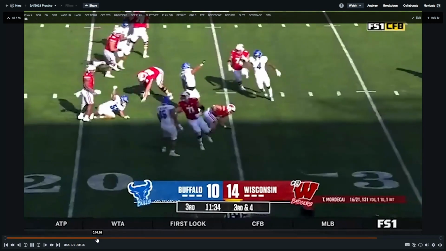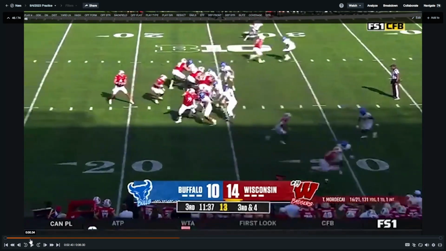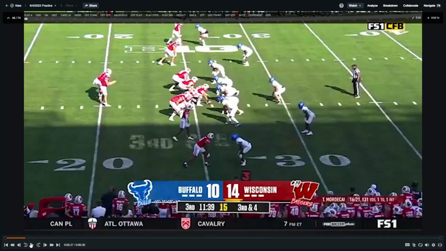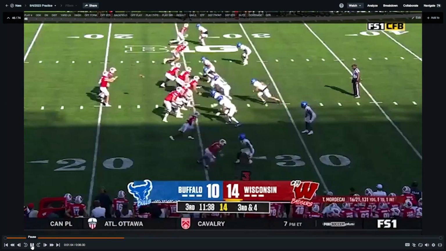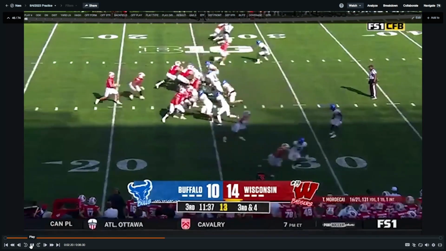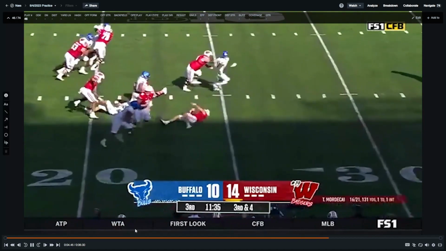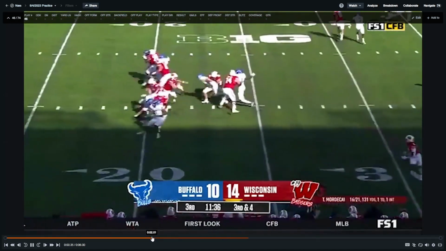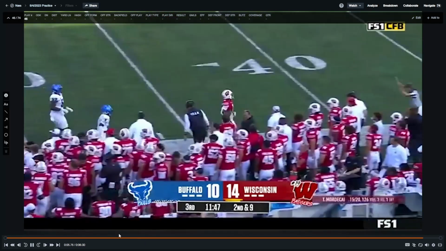QB draw. I like the call. But again, I think we take a couple L's here on the line. Blitz comes. I know it's draw action. In my world, I'd like to see Braylon get up here and attack this closer to the line of scrimmage and square this guy up instead of just kind of going for the deflection. If he pancakes the guy, he's going to think it looks great on film. However,